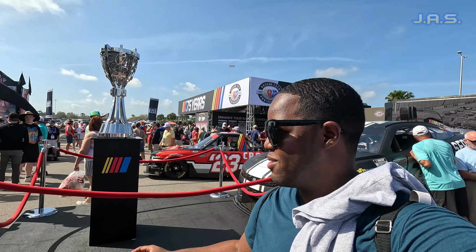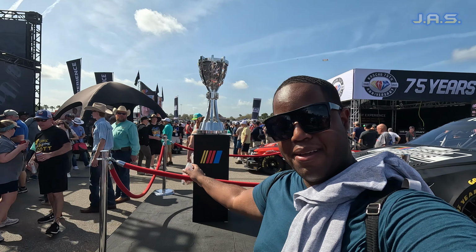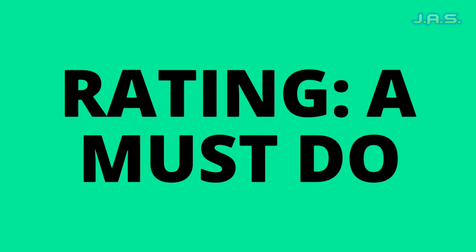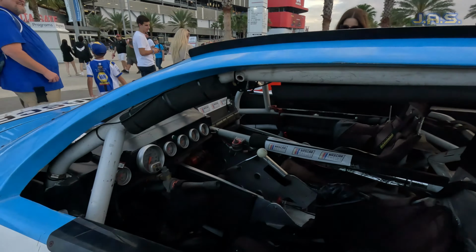I just want to do a big event like that, like the Super Bowl I've done. I want to do the World Series and I also want to do this. With that said, this is definitely going to be a must do. The sense of speed was phenomenal. I do own a Nissan Z, so I do have a sports car, and just being able to get on those turns,